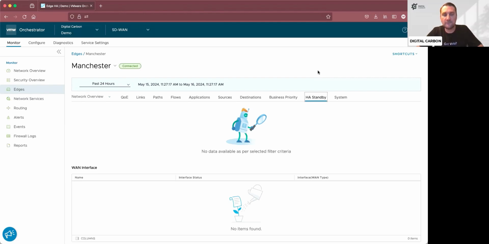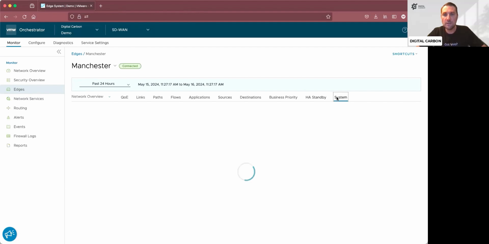Here we basically have the information on which edge is active, which one is standby. Additionally, if we have an advanced HA setup, meaning that we have one underlying link connected to one edge, the other one going to the other edge, then going through the standby edge to the primary edge, we can actually see all of that information here, which edges or which interfaces are connected to the WAN and how that WAN status is actually working. Unfortunately, we don't have a HA setup in Manchester, so we don't actually get information